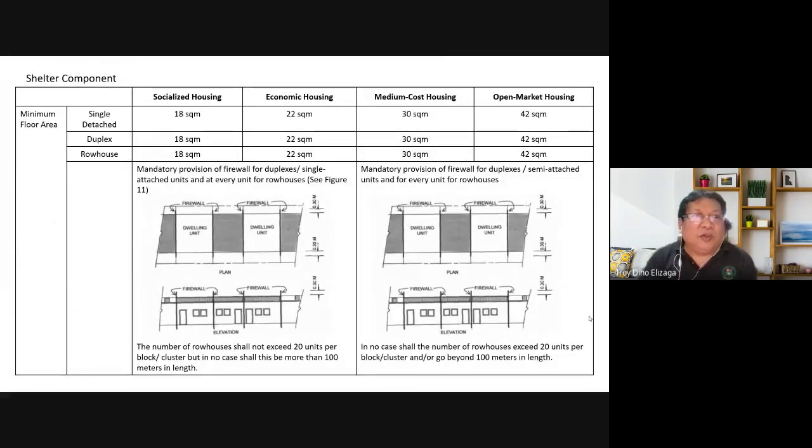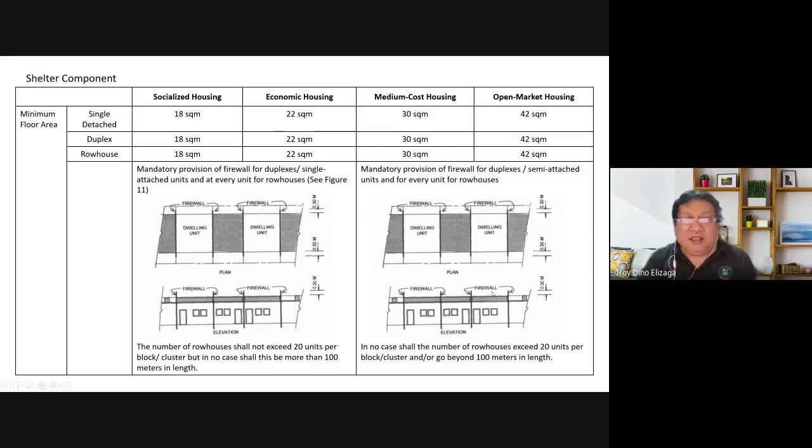Okay. So in terms of the shelter component, these are the minimum areas of the houses. 42 square meters for all. Duplex, these are minimum, okay? So if the lot is bigger, you can go bigger. We also have here